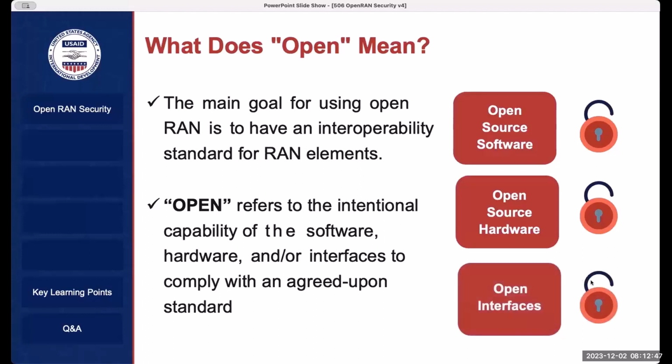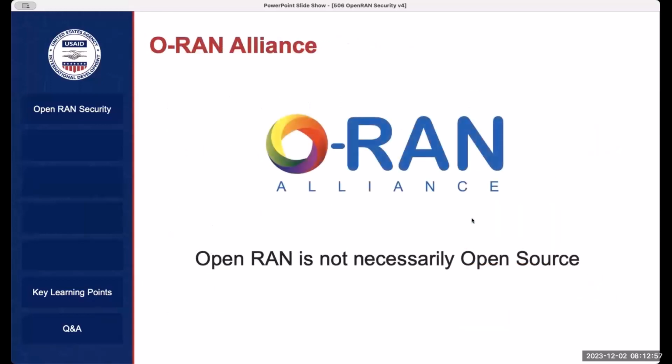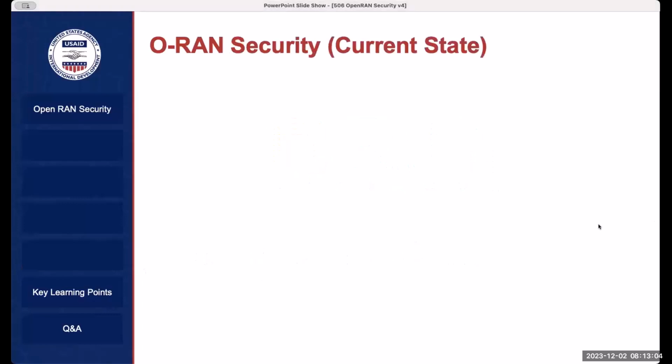But mainly it's really open interfaces that we are referring to when we say Open RAN. So as mentioned, for the O-RAN Alliance, open is for interoperability, not necessarily meaning open source.